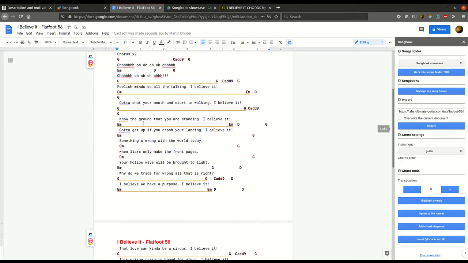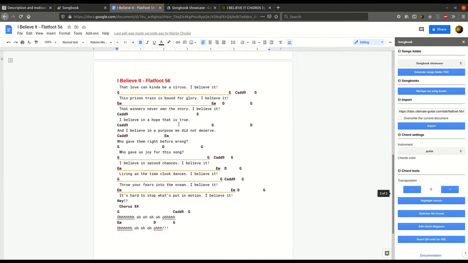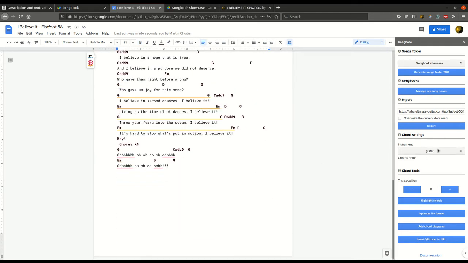The next functionality using external services is importing images of the chords. If I do not know how to play this chord on a guitar, I can just hit this. I can choose my instrument, which is guitar, and hit add chord diagrams. And now I will again wait for a while, and it detects the chords and imports the images of